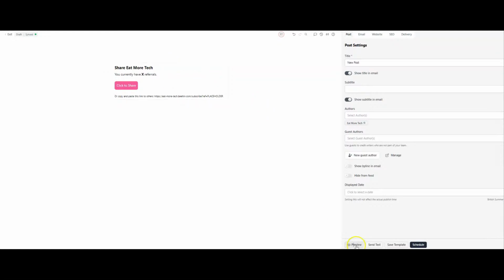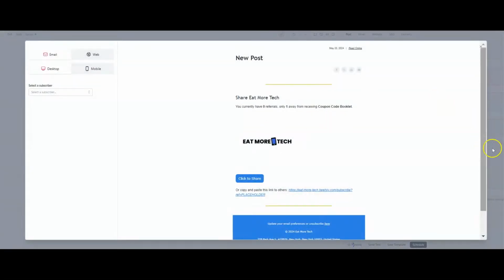So if I want to see what this looks like, I just go down to the preview button. Obviously, we would have all of our newsletter on top of this. You get the bar here, and then you get the logo, and then it gives you the information on the offer, and then all the person has to do is copy and paste the link to others. And this is completely trackable by Beehiiv. They'll be able to make sure that it is actually a legit subscriber that's added to the list and active, or the person can hit click to share. And then that's it. That's our newsletter